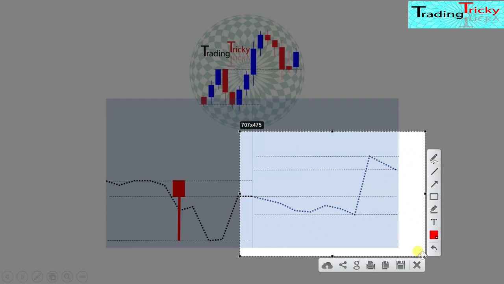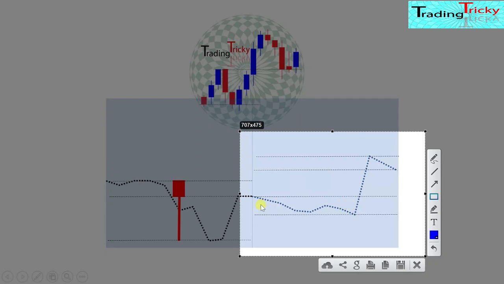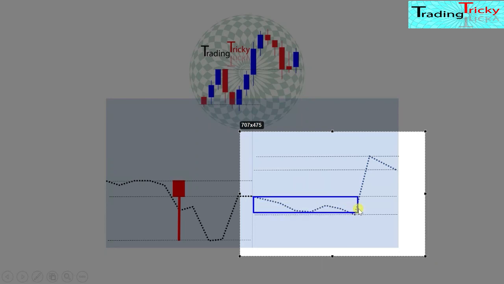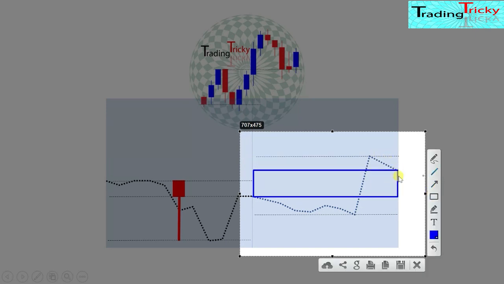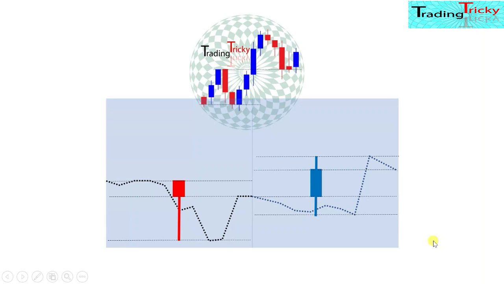And if you draw the next candle here, the price is moving down and finally went up, but it closed here. So the candle is like this. Now if you check this candle, this is what the candle looks like. And if you combine these two candles, this is the first one and here you can see the second candle. Now you will understand what the next candle will be.